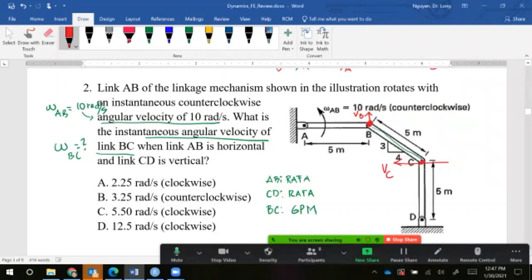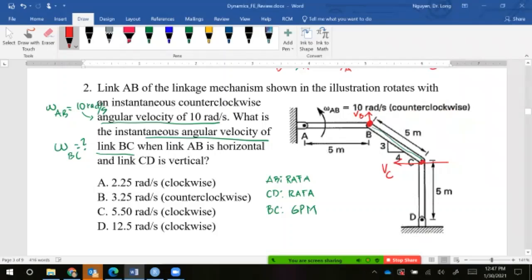So I assume go that, BC. And that, as you can see, it's perpendicular to CD. That one here, perpendicular. So on body BC, we already know the two points on that body have velocity, we know the directions, we don't need